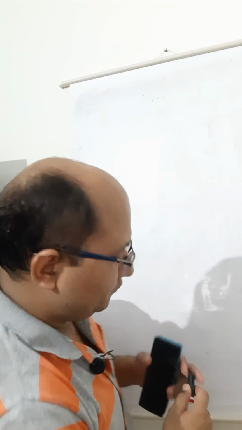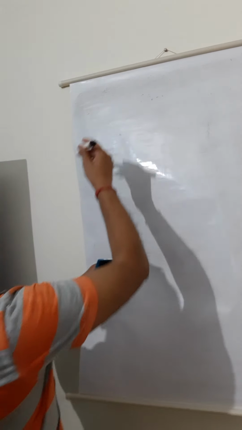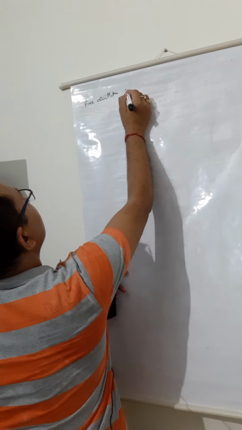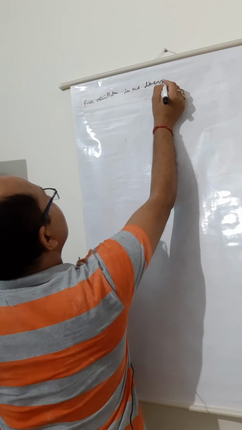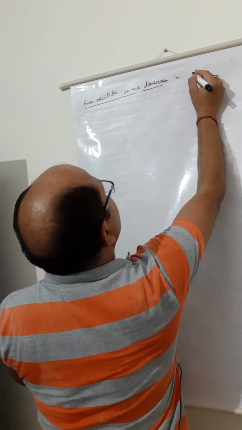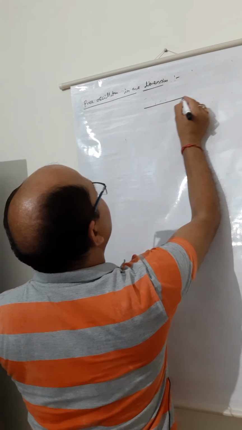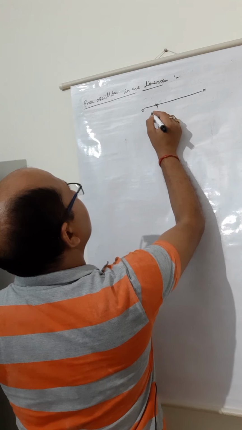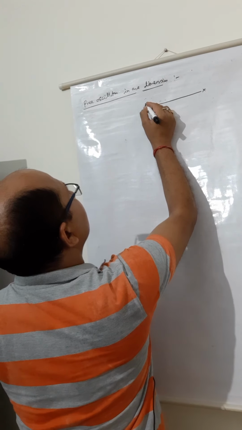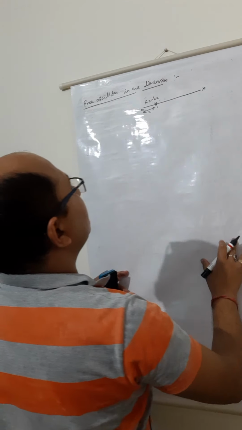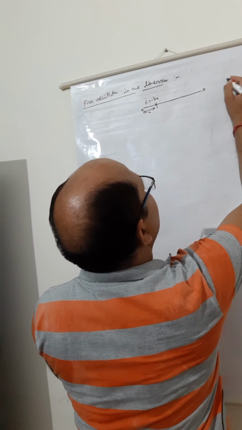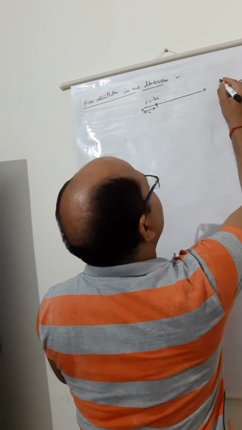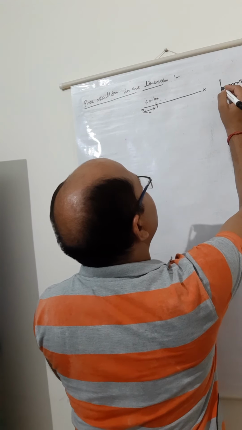Yesterday we discussed a free oscillator in one dimension, and as such you can take it practically as a spring placed on a frictionless table, whose one end is attached to a rigid wall